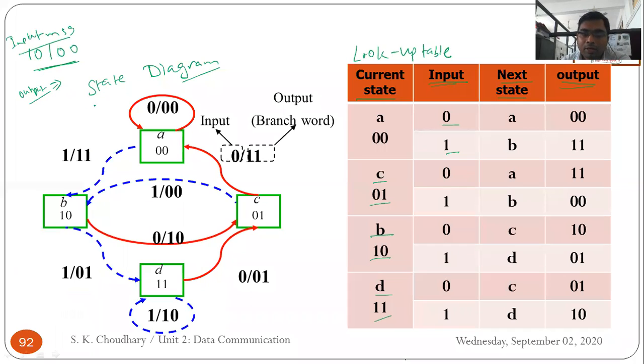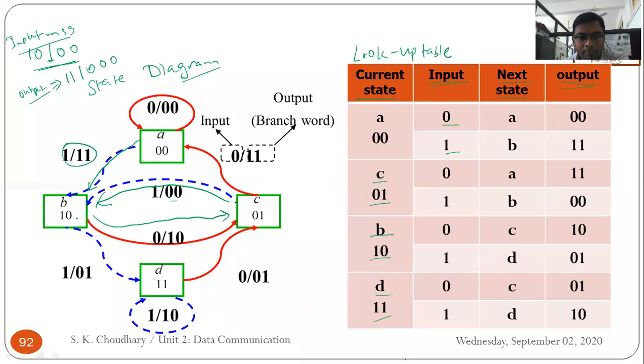The first bit is what? We are already at the 00 state, and the first input is 1, and for that the output is 11. Okay, we have followed this path. Then we are at the B state and we are receiving the input 0. Then we follow this path and now enter C, and the output is 10. Now the third bit is there, 1. At C we receive the input as a 1. So again from C we move to B, and the output is 00. Now we have to use the flush bits.